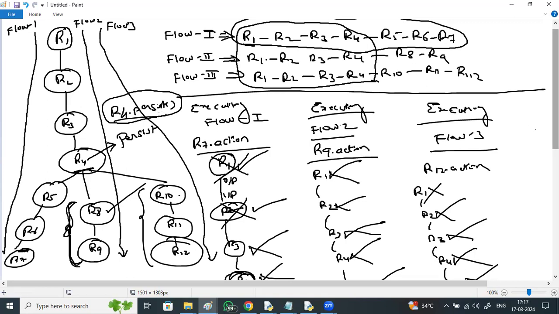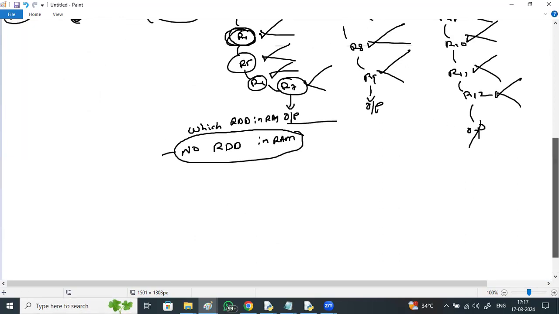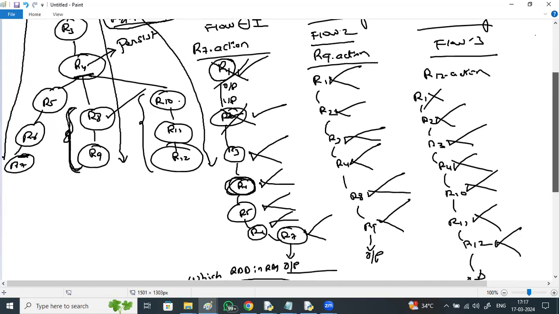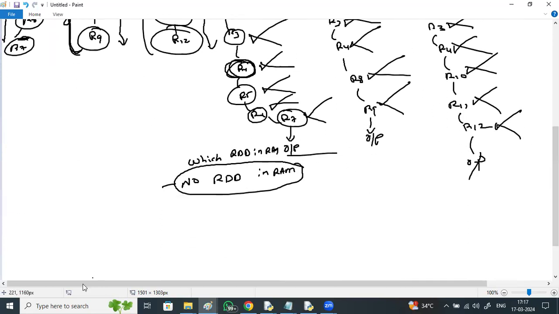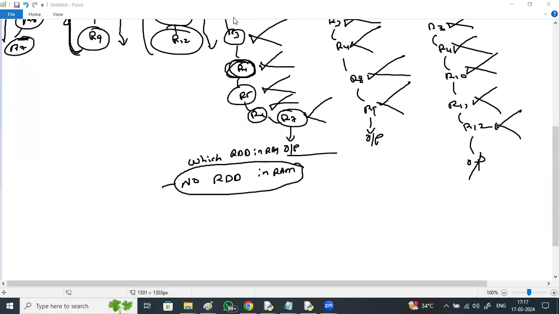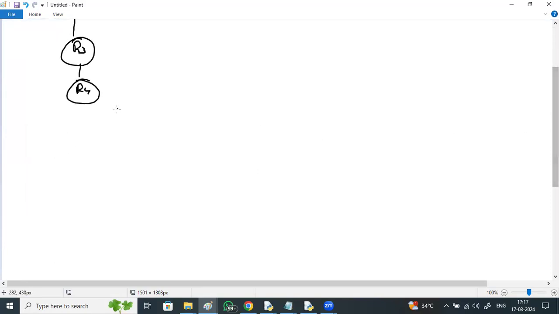Now check this. One second. See how this flow is going to execute when it's persisted. Since R4 is persisted, and we also have the distributed and parallel processing feature, we can execute 3 flows in parallel, right, sir? Yes, I'll come back. Good query, right? I'll come back to it. Just keep your query and you can ask me after 2 minutes.